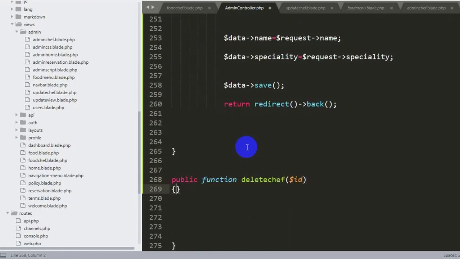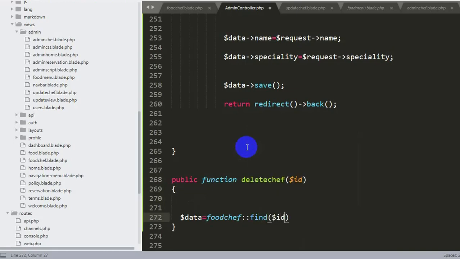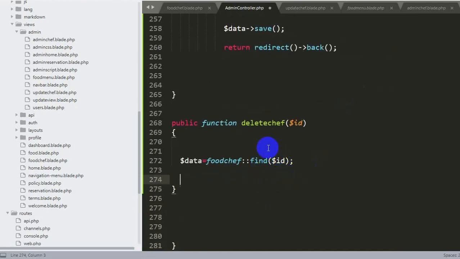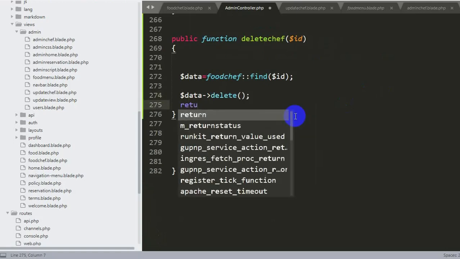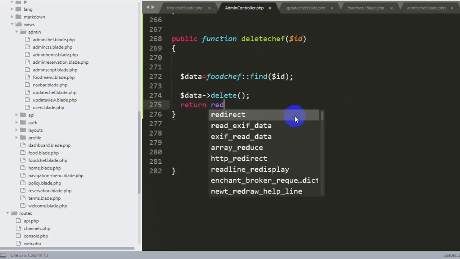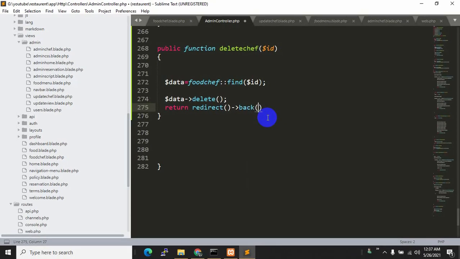Then we'll say $data is equal to our table name which was food chef, and then find $id, and after this we'll just say $data delete. Okay, and we'll just return redirect back. So this is really simple.